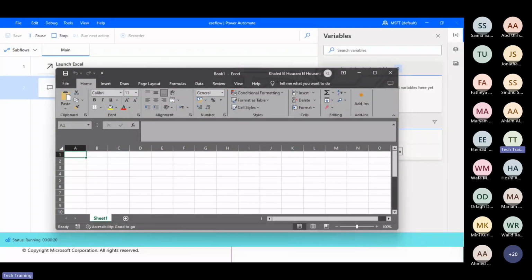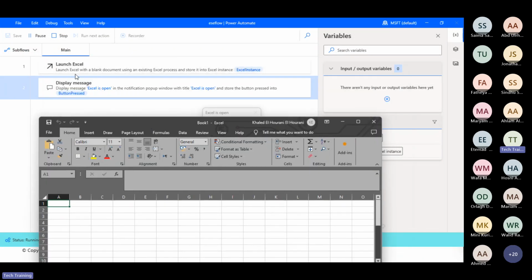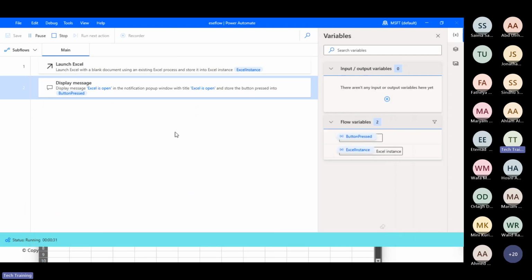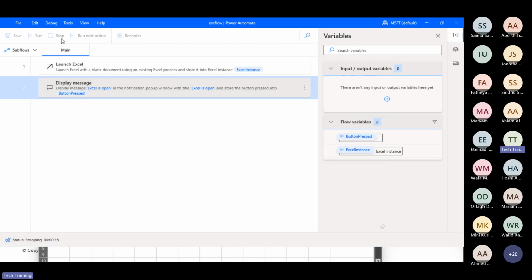Where is the Excel? Okay, as you can see here, it is opening Excel. So this is the first step of the automation that I have created. Then it displayed a message. And now I will stop it and will ask it to